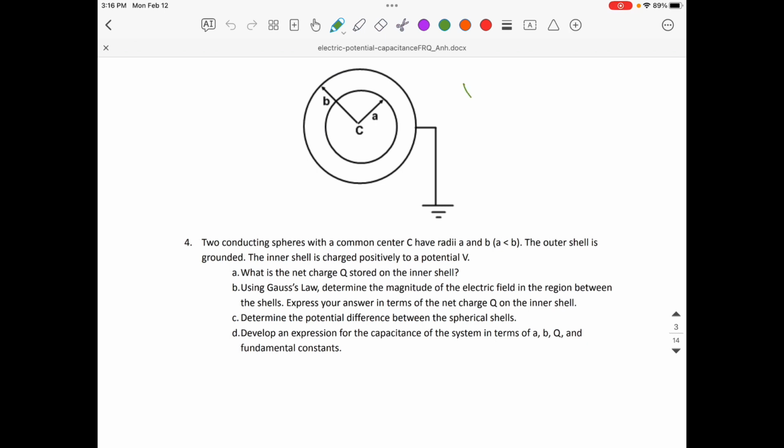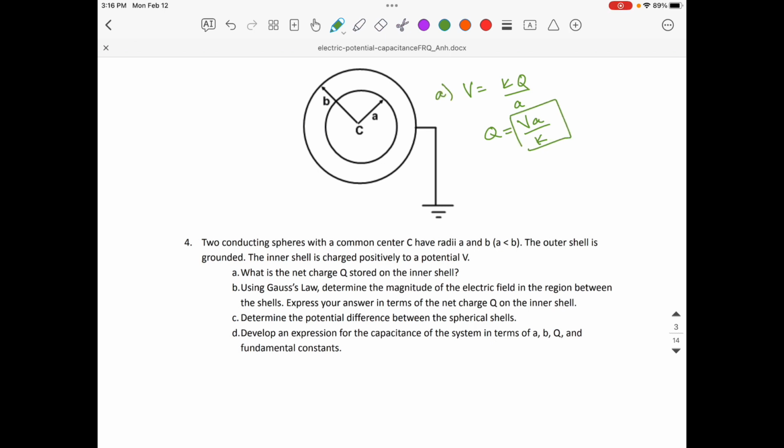And since we're given V, we know the equation for V is KQ over A, because that's the surface of our inner shell. Or sorry, not A squared, just A. And then all we have to do is solve for charge. So Q is VA over K. In your answer key, they'll work out the K value as 4 pi epsilon naught in the numerator, but it's the same answer. So this is A,